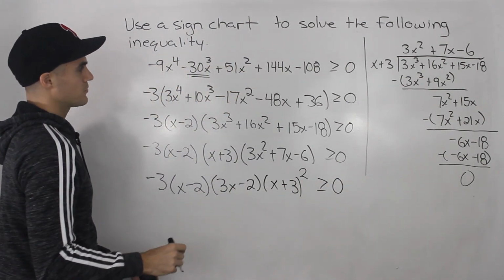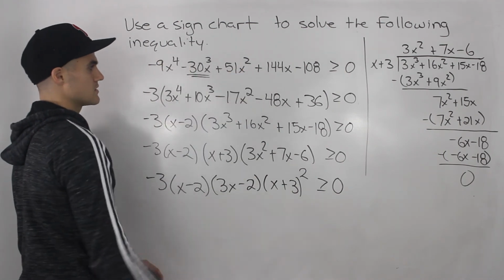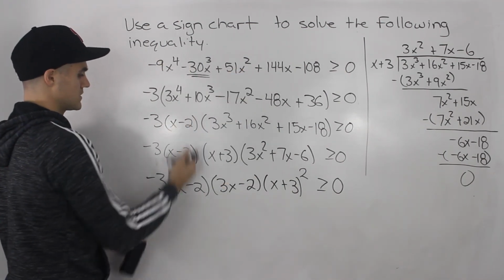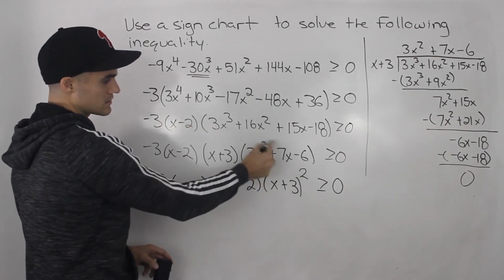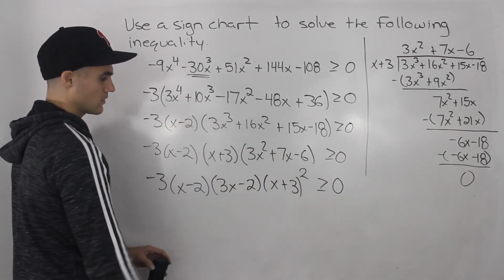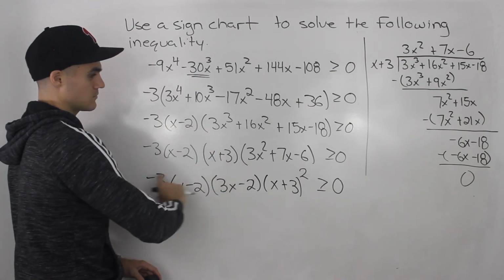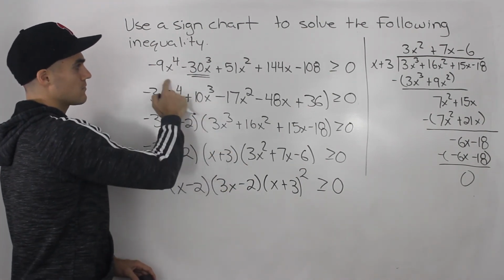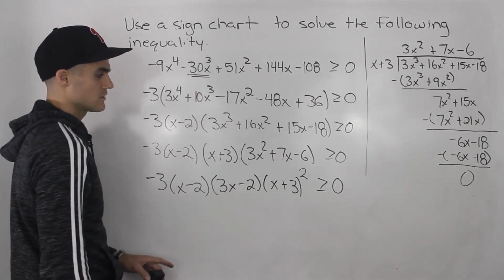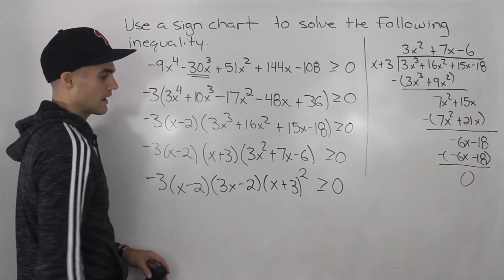All right, so a bit of a process to factor this quartic. First thing you want to do, you want to take out the negative 3. And then you got to do factor theorem twice until you get to this quadratic, and then you could factor the quadratic, and then you end up with this. So this here is the factor form of that quartic function, and now we can go into making our sign